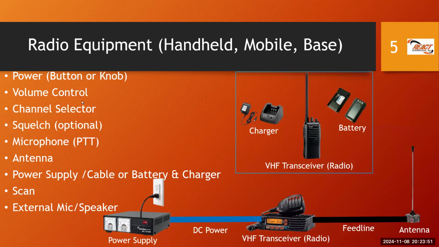And a channel selector is required, and maybe we want to standardize on the type of channel selector that we use. And not only that, maybe we want to standardize the order of the channels. Channel 1 means this, channel 2 means that. So when you go on any REACT radio, channel 1 is always, for example, the console repeater. Channel 2 may always be the console frequency in simplex mode, and so on. So there are a number of things we can standardize on. Maybe squelch is a feature we would like to have, either a button or a soft key. Certainly a microphone and a push-to-talk button, an antenna, and so on.